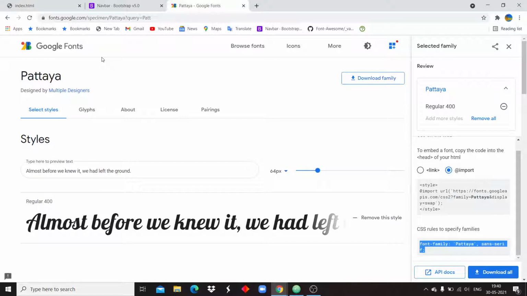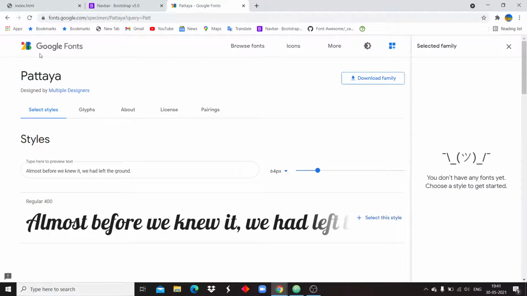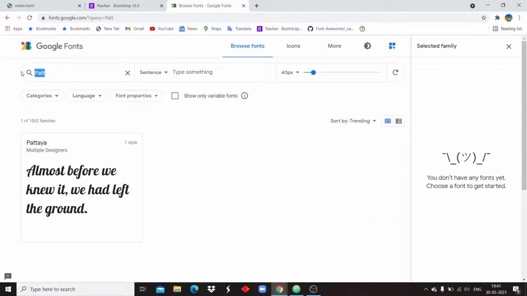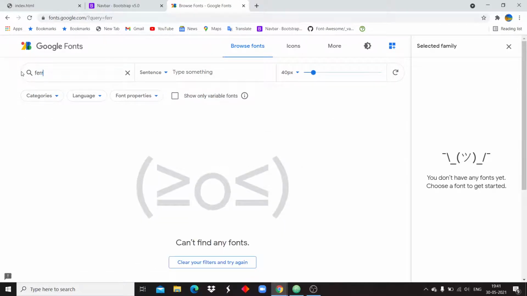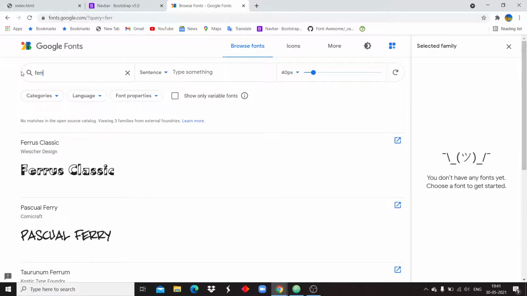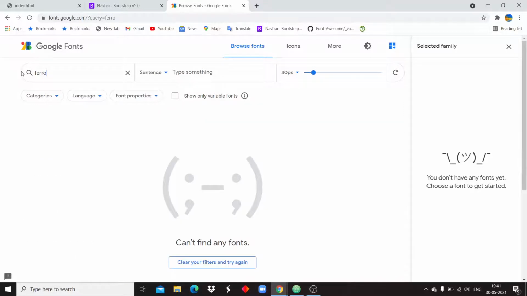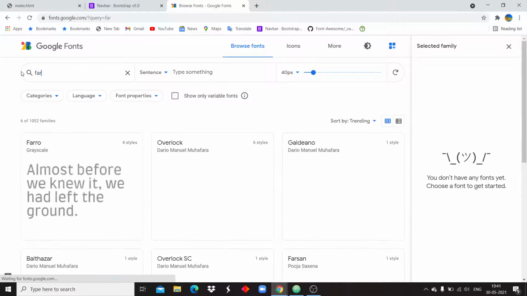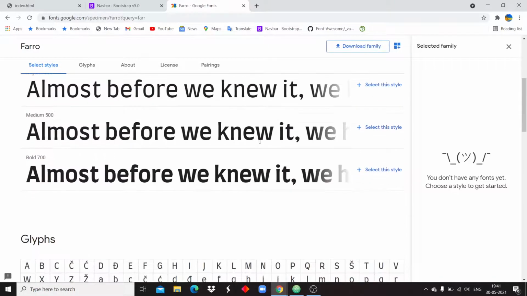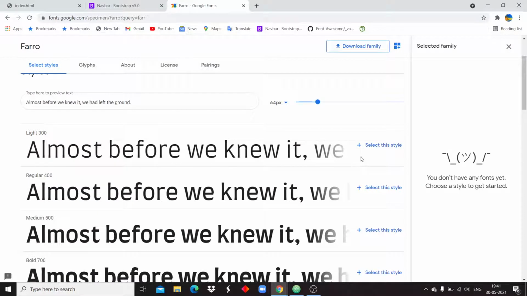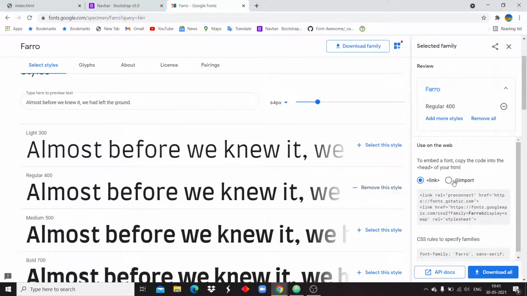Sorry guys, some interruption. Yeah, I'm going to Google Fonts, and first of all I'm removing this. It's Ferro. I'm clicking on Ferro, and you can include whatever font weight you want. I'm just including the second font weight. It looks pretty nice.